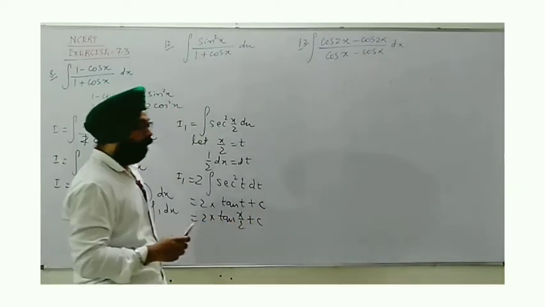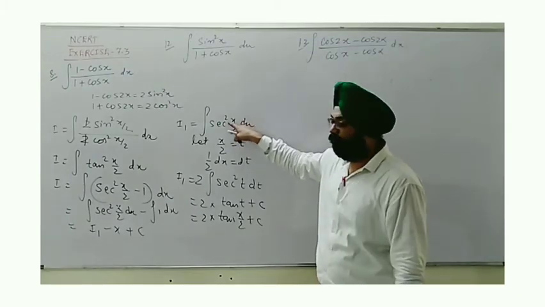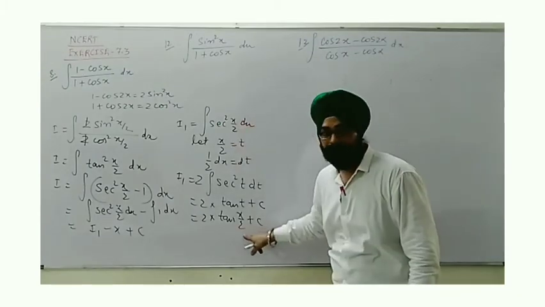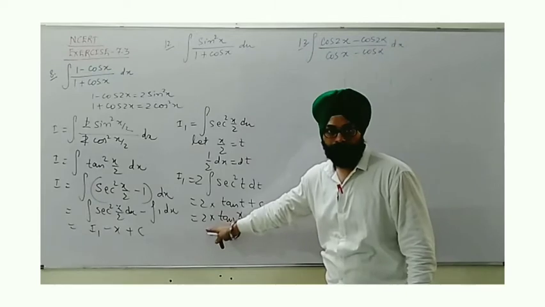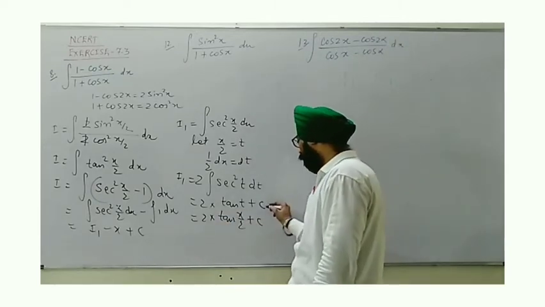Whatever be the coefficient of x, as it is a linear polynomial, the coefficient of x is 1 by 2. So this will be written in the denominator, which becomes a 2 later. By the way, it depends on choice. Now this much we have obtained. Now change the constant to C1.